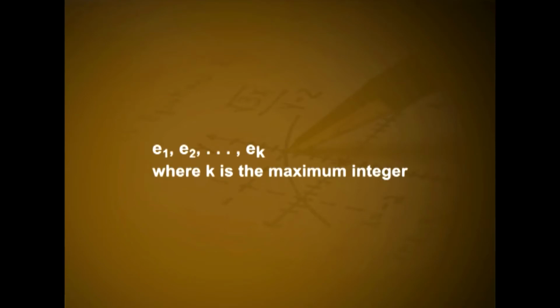Let S be the tree with e1, e2, etc., en-1 as its edges, and let Sk be the tree with e1, e2, etc., ek as its edges. Let T be a minimum spanning tree of G containing the edges e1, e2, etc., ek, where k is the maximum integer with the property that a minimum spanning tree exists containing the first k edges chosen by Prim's algorithm. The theorem follows if we can show that S is equal to T. Suppose that S is not equal to T, so that k is less than n-1.